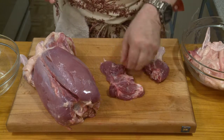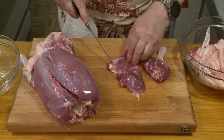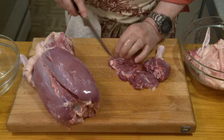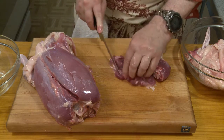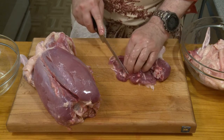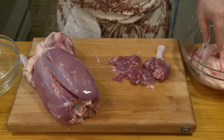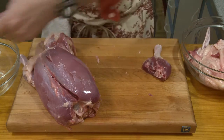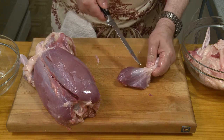So there's, trim that. There is the thigh meat from one of the legs. There's always a bit of the joint that stays attached. Trim that up a little bit. Okay. Boneless thigh meat. It seems like a lot of work, but I've done this so many times, I'm comfortable